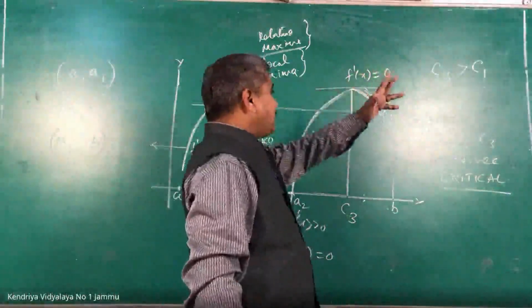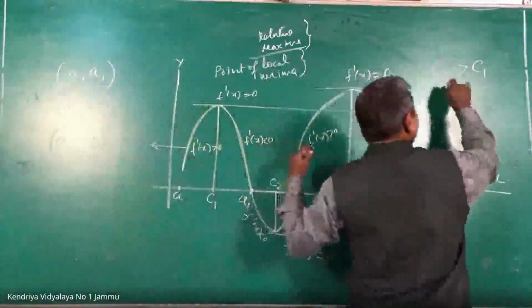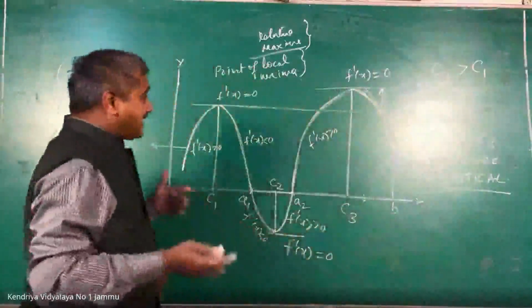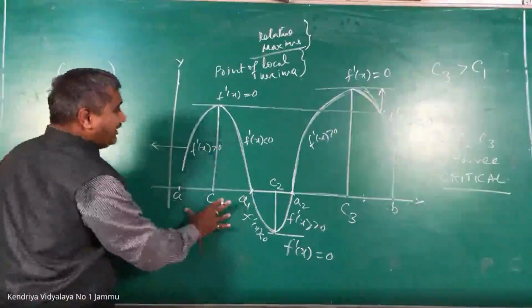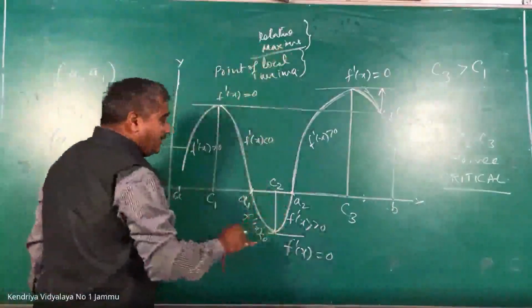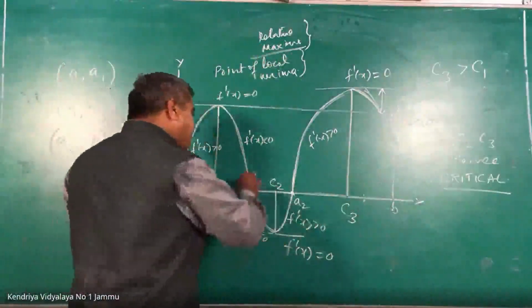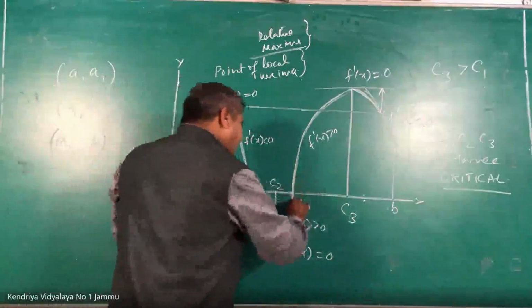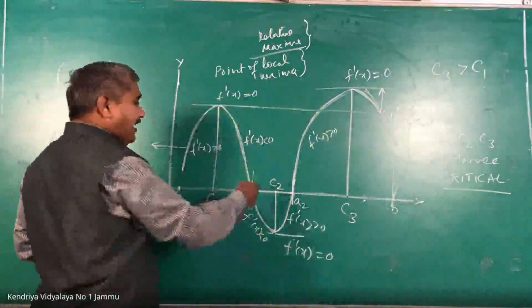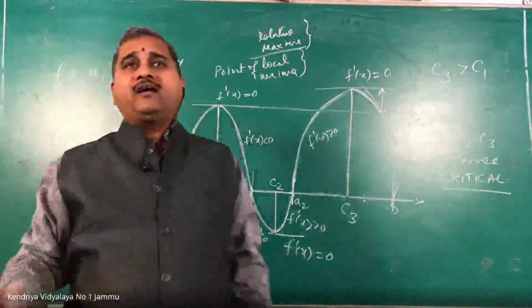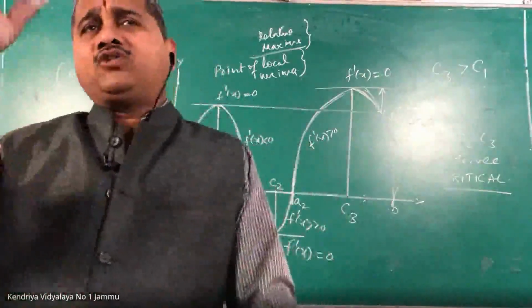I ask a simple question, which is the maximum, the highest? You will say C3 is the highest value. So what is called the critical point of a particular interval is called relative maxima or minima. If the whole interval is taken, and you make some partitions like A to A1, A1 to A2, A2 to B, whatever you get in these partitions are called the relative maximum. I'll give you a small example which makes it very clear.